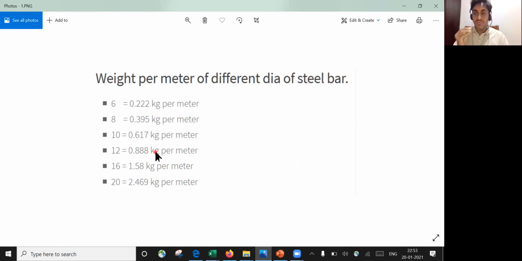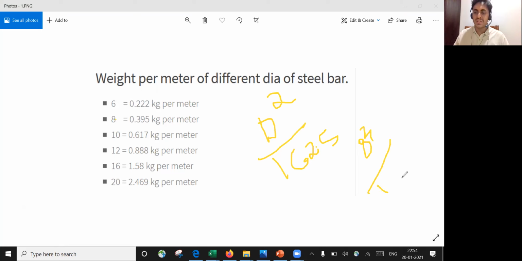So how do you find this? There is a very raw formula that you need to adopt. The formula is d square divided by 162.5, where d is the diameter of the bar. 162.5 is a constant term. Now let us say I want to find the weight of an 8 mm bar. So I need to do 8 square divided by 162.5. If you apply this formula and do the calculation, you are going to get 0.395 kg